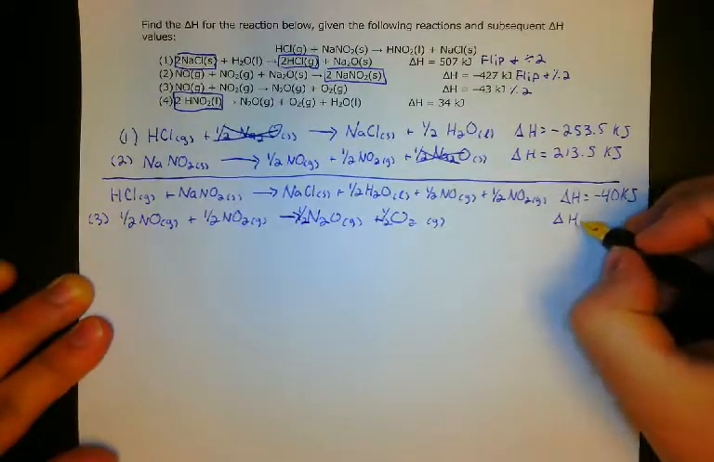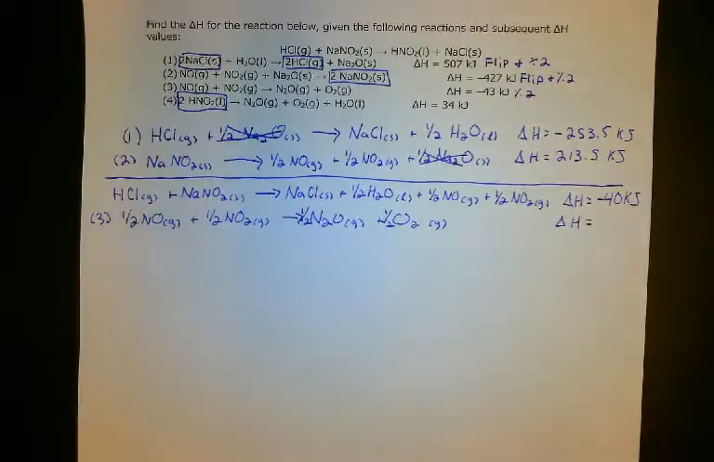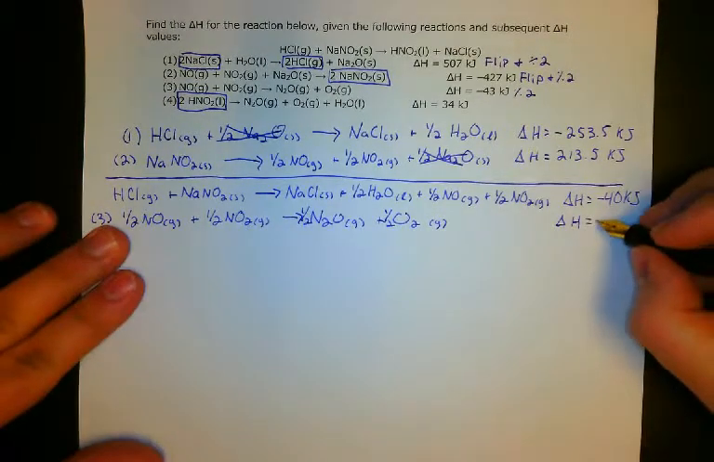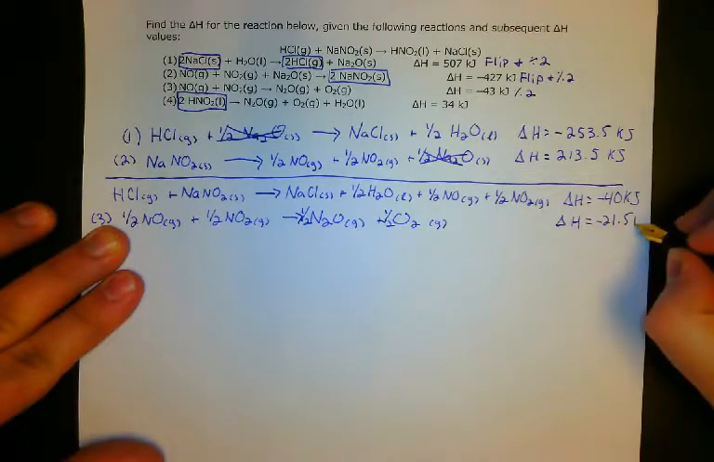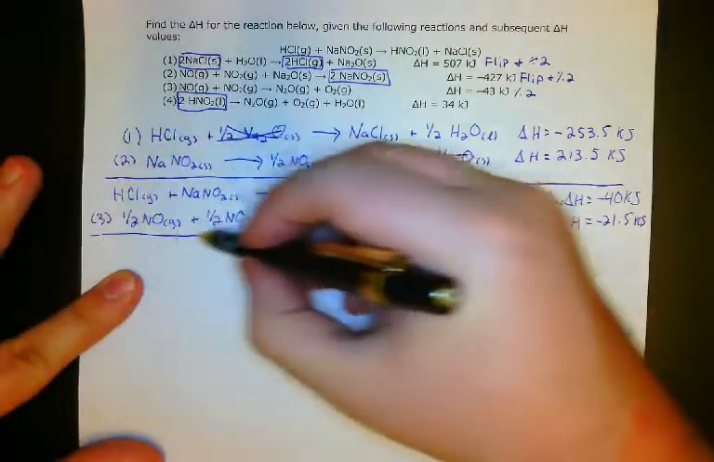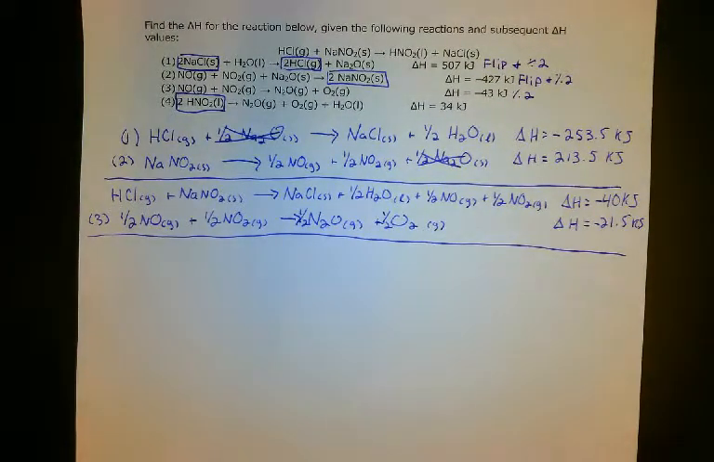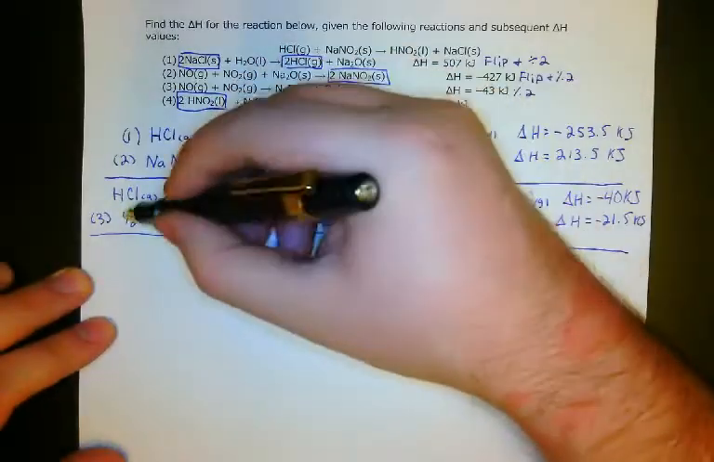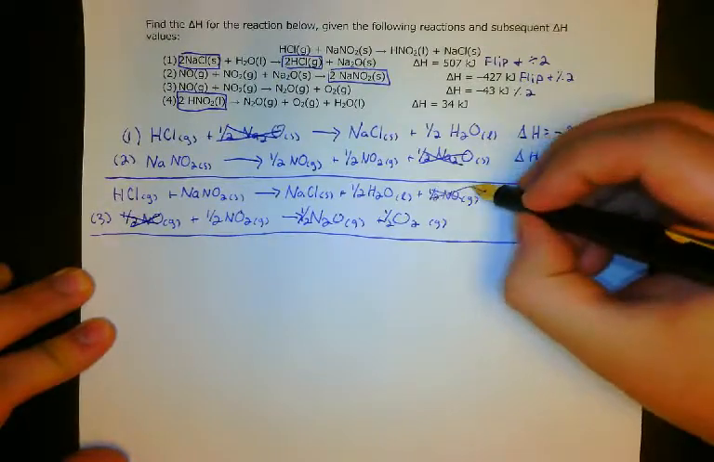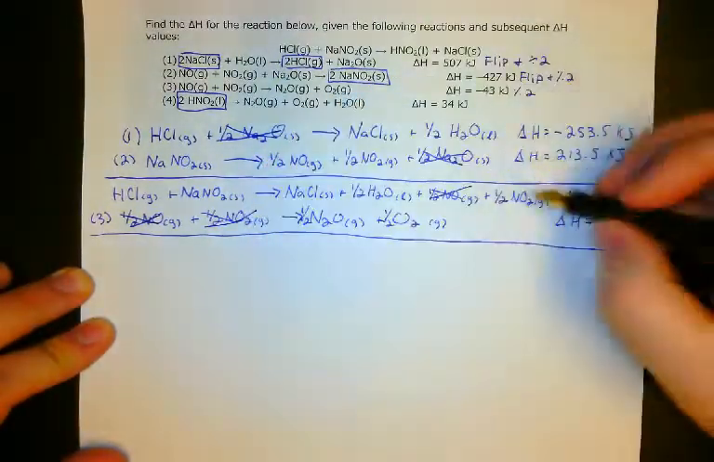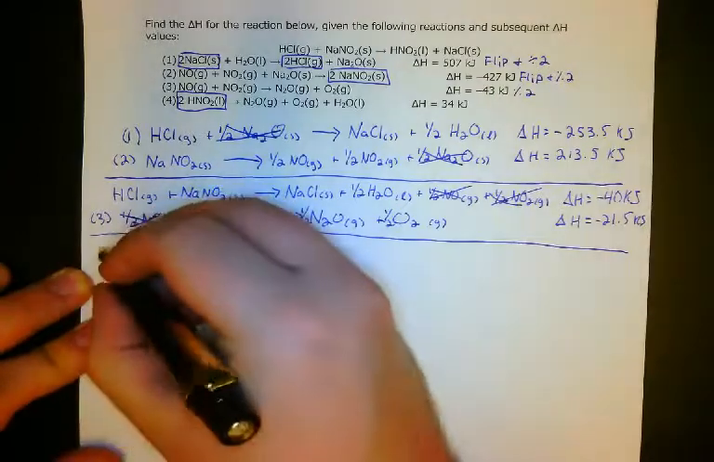My change in enthalpy was negative 43. I need to cut that in half, so it's going to be negative 21.5 kilojoules. It's still negative, remember, because we didn't flip it. So what do I have that's a product and is also a reactant that we can cancel? The 1/2 NO and the 1/2 NO2. So if I rewrite it again, I have HCl